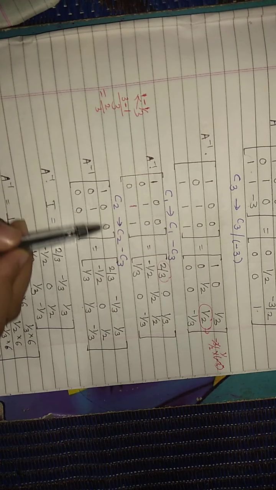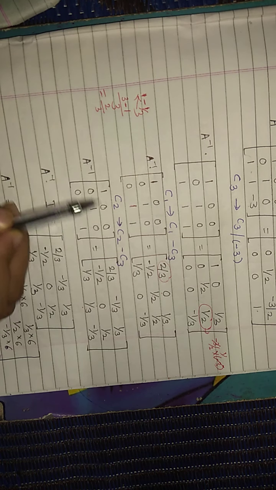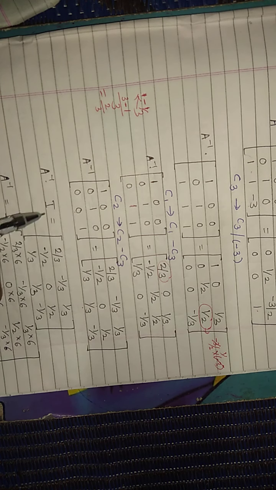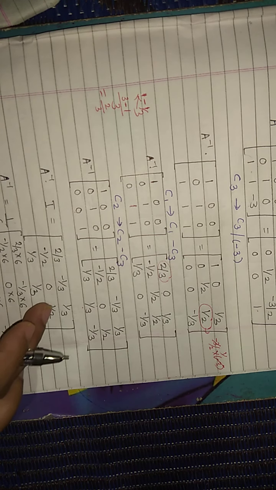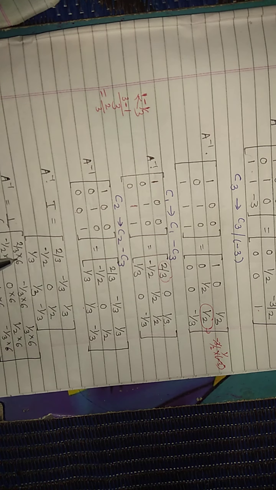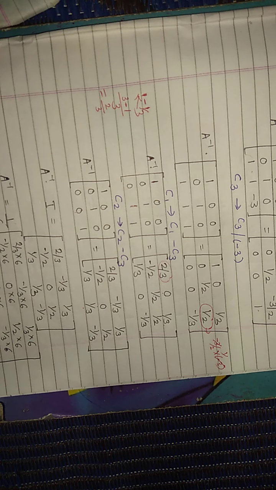Now we see 1 0 0, 0 1 0, 0 0 1 is nothing but the identity matrix. So A inverse into I is equal to the identity matrix. Whole this we write as it is. A inverse is equal to, now in the fractions we see here 3, 3, 3, 2, 2, 3, 3, 3. So the common multiple is 6. So we multiply and divide by the same number 6. Division by 6 we keep outside of the bracket and multiply each element by 6.